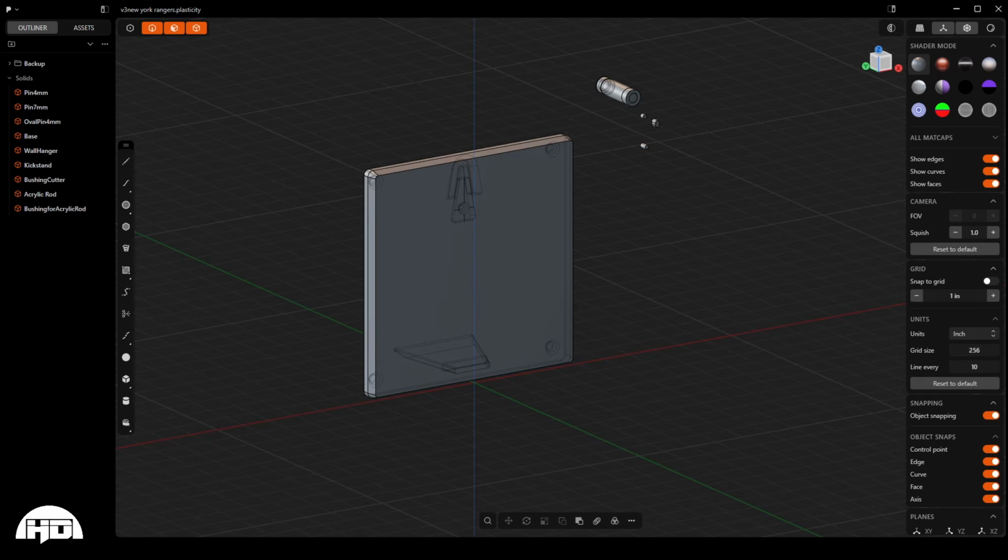I have moved from Fusion 360 to Plasticity because it's much more fluid of a modeling experience. You don't really get bogged down with the parametric aspect of Fusion 360 and the sketch-based modeling. This is direct modeling to its core. There is no parametric modeling whatsoever, no parameters. You can treat it the same way. You can sketch using curves and then extrude from those, but you're not locked into as rigid of a workflow